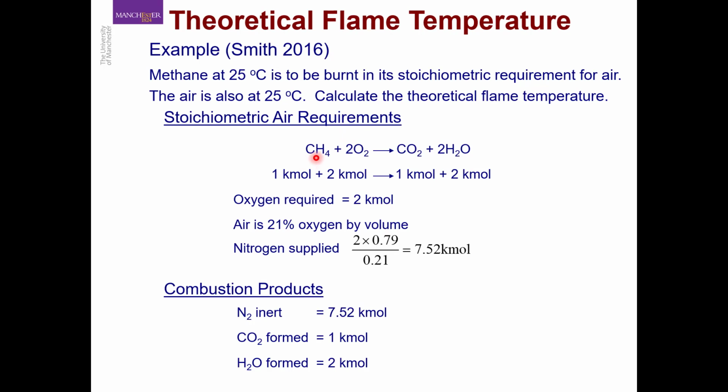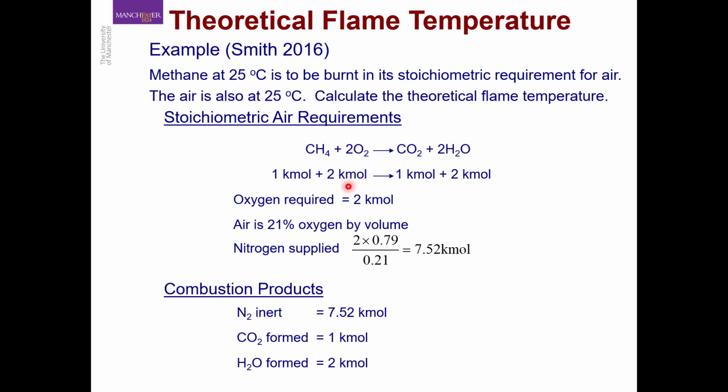So we have methane, and the methane is being burned by providing air or oxygen. In this case, obviously we are writing oxygen because we are looking at the reaction equation. So 1 kilomole of methane requires 2 kilomole of oxygen, and as a result of this combustion reaction, we have 1 kilomole of CO2 and 2 kilomoles of water produced as combustion product. Okay. So now we know that to have a complete combustion of 1 kilomole of methane, we need 2 kilomole